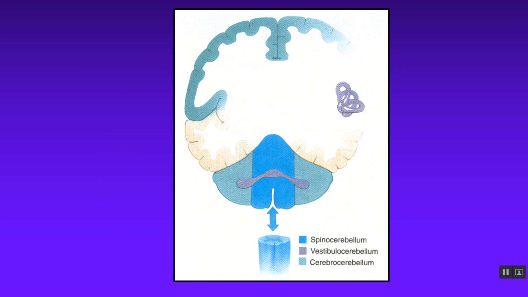This is nice as it kind of shows you the functional relationships here in a color-coded fashion. So you see the vestibular apparatus is very closely associated with the vestibulocerebellum. The spinocerebellum is very closely associated with the spinal cord and influencing spinal pathways. And then the lateral hemispheres are communicating with the cerebral hemispheres up in the cerebrum. They're making connections with those. So if you're a visual person, that helps tie them together, which is influencing which the most. And it's not that simple, like anything. There's gray areas, there's overlap in these, but